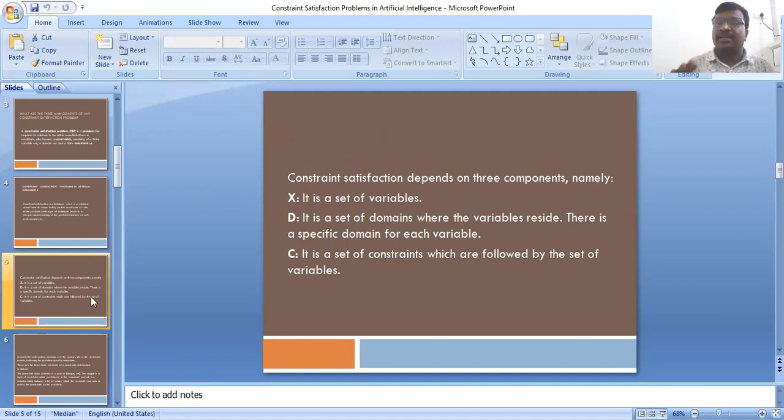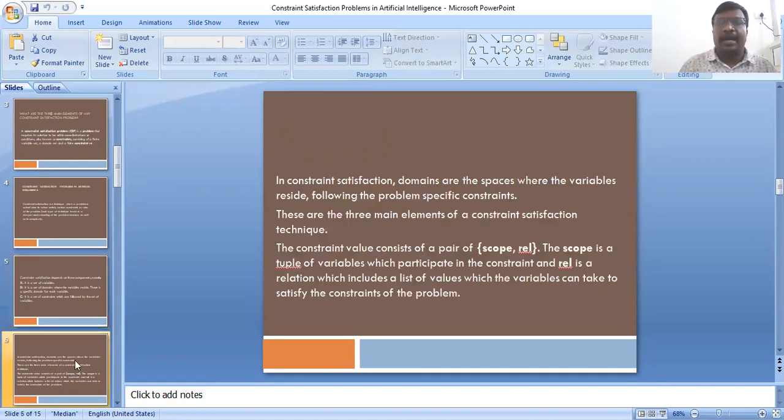In artificial intelligence, what are their names? X, D, and C. X is a set of variables. D is a set of domains where the variables reside. Next one, C. That means it is a set of constraints which are followed by the set of variables. And next one,